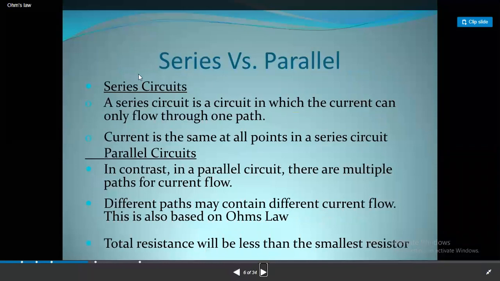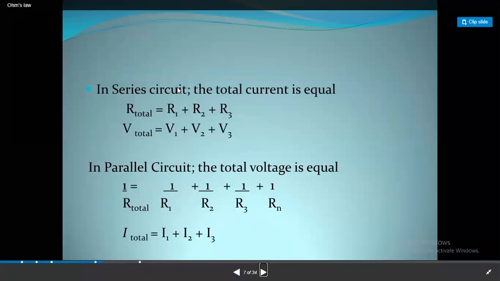Right. Then the same fact we are going to mention, the same thing about current and voltage, which I mentioned in the previous ones. Then in a series circuit, how do you find the total resistance? That's another important point. So if you want to find the resistance, we can add them algebraically.